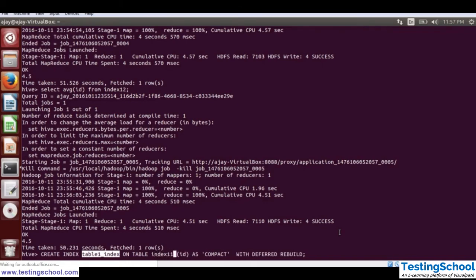So let's create this index on a particular column. As compact with deferred rebuild is a scheme to create a compact type index.